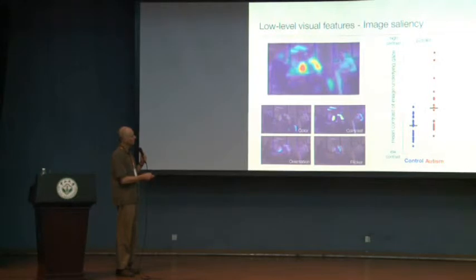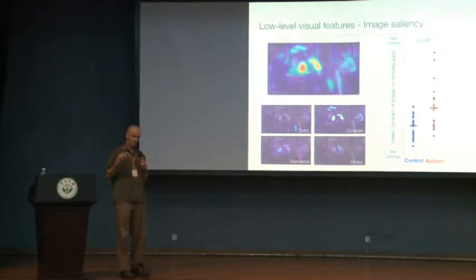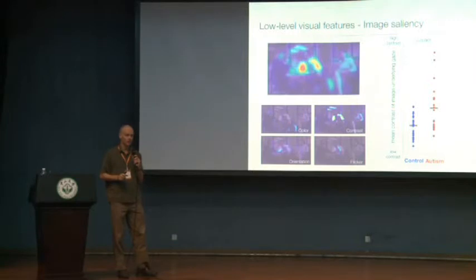The autism subjects look more, their gaze behavior is more driven by high contrast areas in the image than is the case for controls. So we're finding some differences there, and as I said, this is still very much work in progress, but ultimately what we would want to come up with is a full model that explains what are all the factors that make you look at a particular point, a particular location in that video.